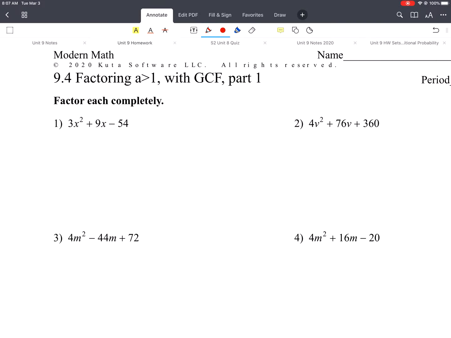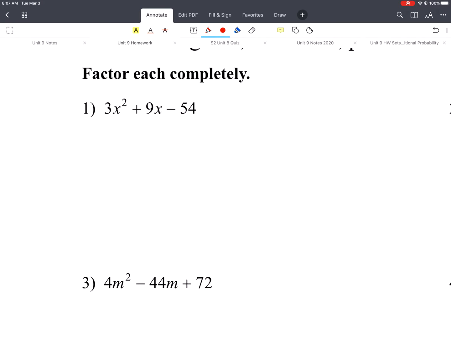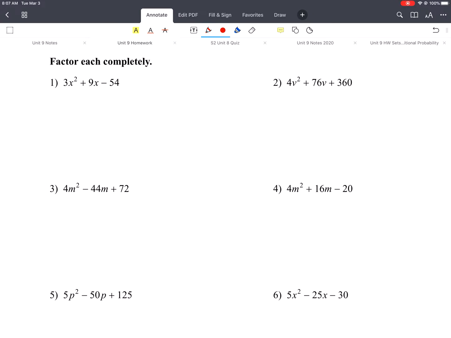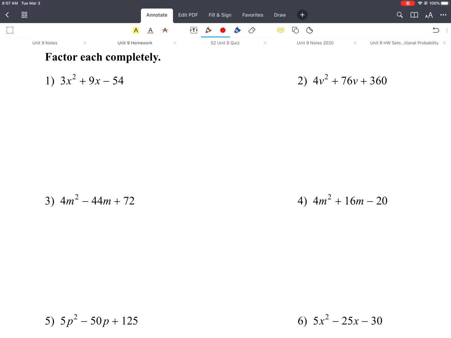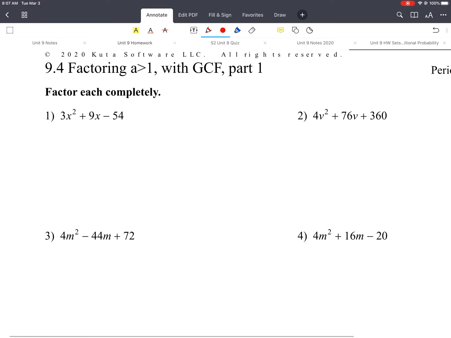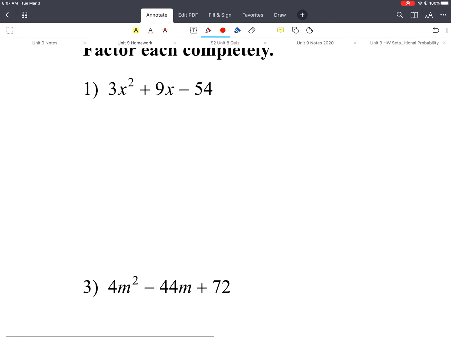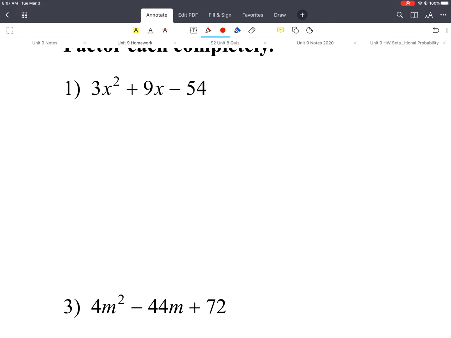And we're going to be doing problems where we can take out the greatest common factor before we do factoring. Okay, so these first 6 problems, you can take out the greatest common factor, and then once you do that, you can use the shortcut. For those who don't like the shortcut, that's totally fine. You're welcome to just do factoring by grouping. So maybe we'll do an example of each. And you already did these problems on our last homework, so this is kind of a review. All right, so